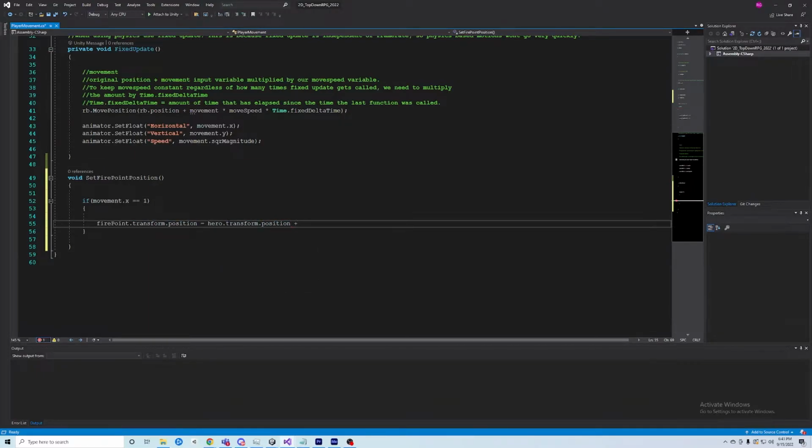and we will add what's called a vector 3. A vector 3 is, the transform is made up of x, y, and z, and so a vector 3 is exactly that. It's the three vectors: the x, the y, and the z. And so we're just going to move it 1 unit on the x axis, and we'll leave the rest at 0. That will move it 1 unit to the right of the character. And then we'll say otherwise,